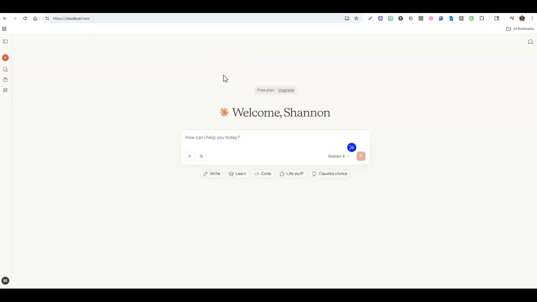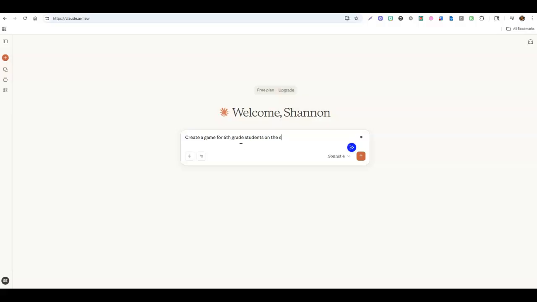Okay, so within Claude, you can see that it looks like any chatbot where we can ask it questions, just in that way that we always do with any other large language model. But today we're going to ask it to do a bit more, and it's going to use something called Artifacts, which you'll see in just a second, which is basically it pops up a new window and creates what it is you're asking for. So we could do something as simple as create a game for 6th grade students